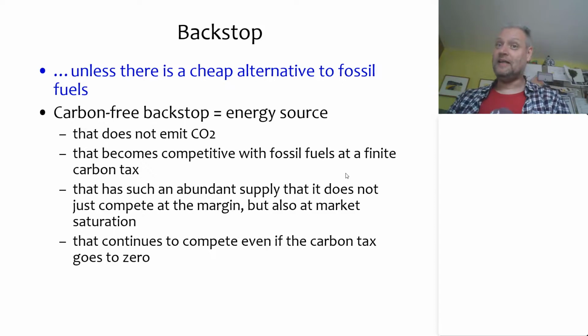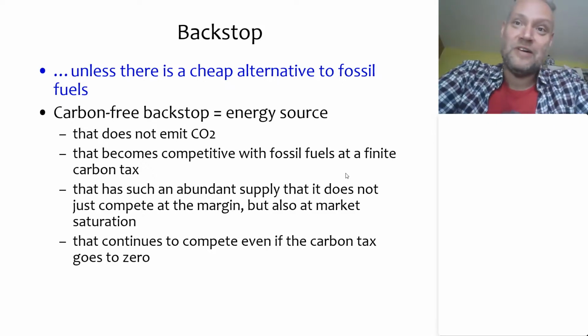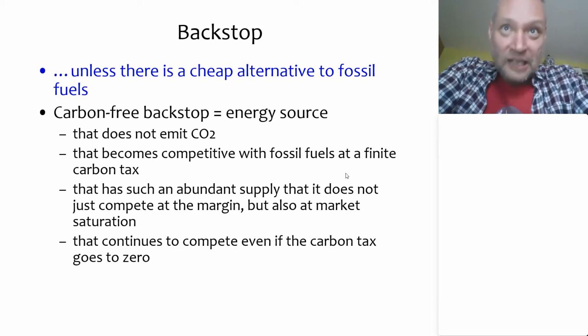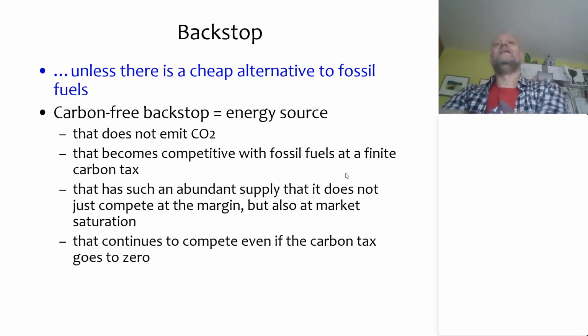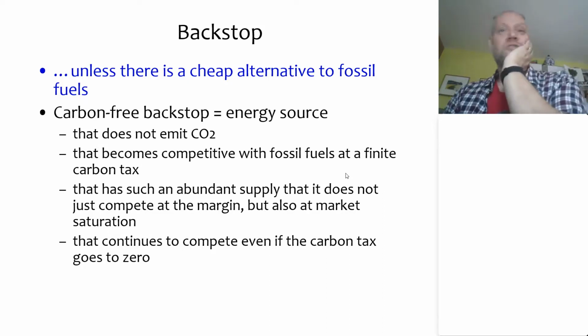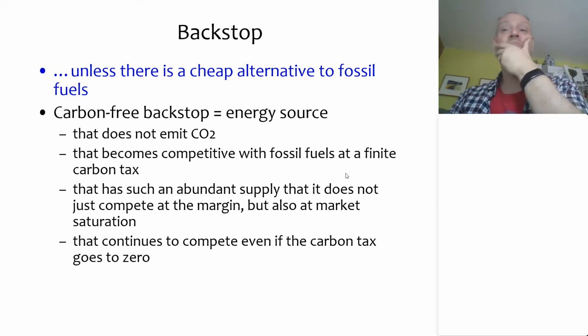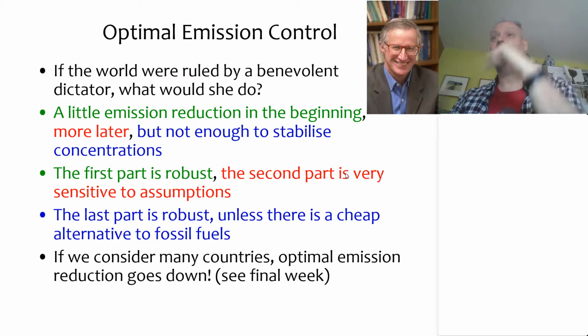Because those resources will be very cheap, and we have all the technology that we need to get them out of the ground and burn them. So this last condition, that we will never look back, is actually, I believe, the most unrealistic assumption that goes into a carbon-free backstop. If you're prepared to make these assumptions, then yes, in a Nordhaus type model,